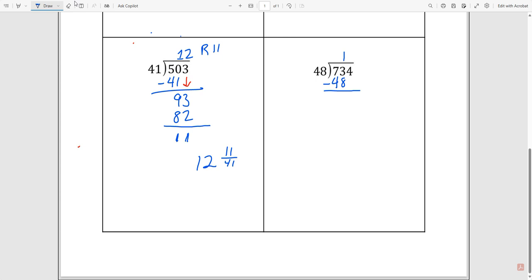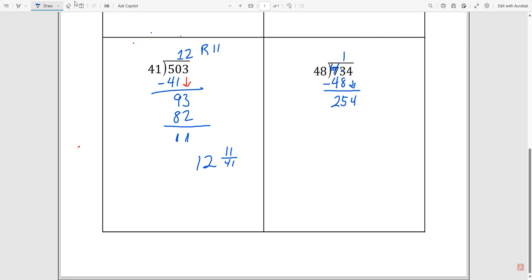So now we'll subtract 48 from 73. 3 minus 8, we'll borrow 1 here, and 13 minus 8 is 5. And we have 6 left over. 6 minus 4 is 2. So that's 25. And like I was saying before, if you were to subtract this and you would have gotten 50, that means that this number would not have been enough. So we would need to go back and change that to a 2, to get what we need. And so therefore that'll be 1. And now we'll bring down the 4